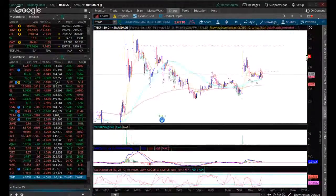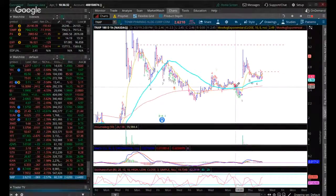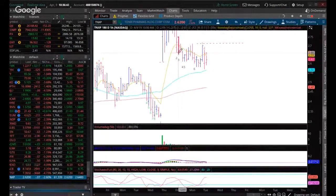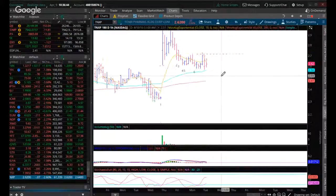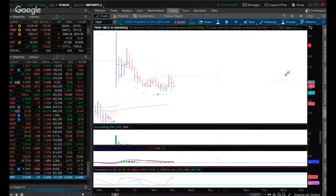This looks okay, though this should be the ultimate support around 2.50, just because this is the last buy setup, and getting above that is important. If you get past 2.50, I think if you want to reestablish, is what we talked about before. It still has some support here above 2.50, 2.70, and if it gets above that, if you want to retrade it,